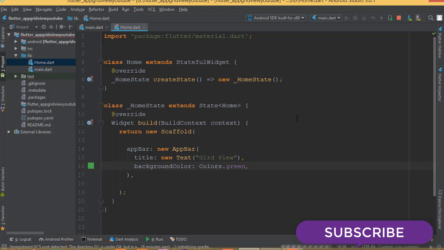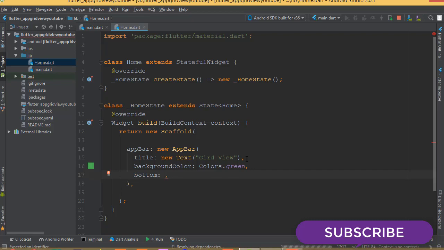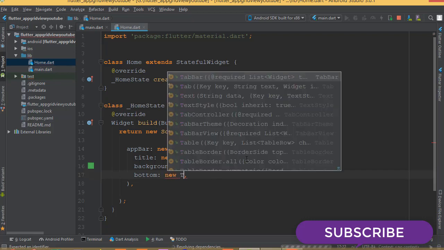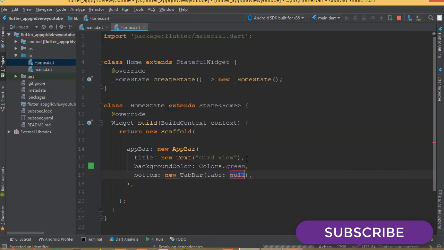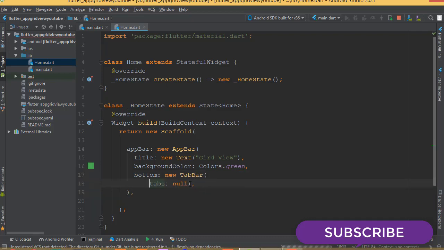Maybe many of you know that if we want to add a tab bar in our application, we need to add a bottom keyword inside our AppBar, and then we need to use our new TabBar. This TabBar will contain 2 or 3 parameters. One is tabs, but before we move to the next place, first in here